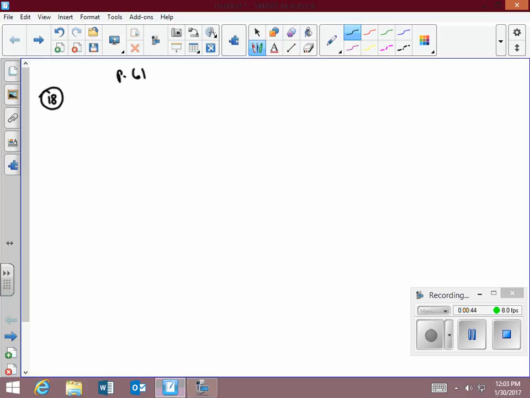Okay, on 18, then it says, find one example of each of the specific shapes in the following figure. Assume that if they appear to be right angles, they are right angles. If they appear to be parallel, they're parallel. And if they appear to be congruent, they're congruent. So, A,